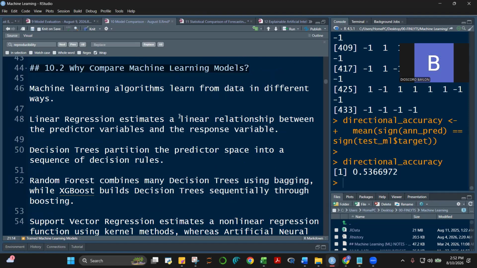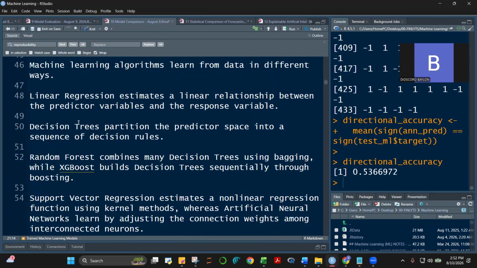Because ML algorithms learn from data in different ways. For example, linear regression estimates a linear relationship. The decision tree does not, right? It creates a tree. Actually, just one tree, and then there are different nodes there.